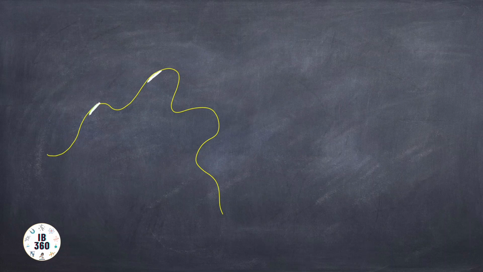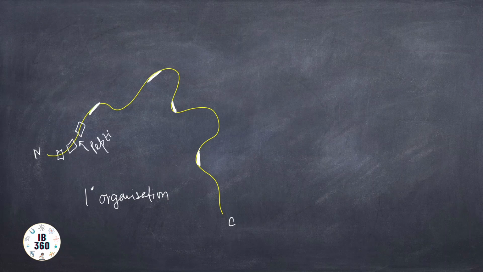So this protein will undergo folding. This is a 1-degree organization of protein, the primary organization. This is the N terminal, this is the C terminal, the left side and right side conventionally we know, and there are constituent amino acid monomers like this, which would be joined by peptide bonds, right? All these things we know. So this is the primary organization, the first degree organization.